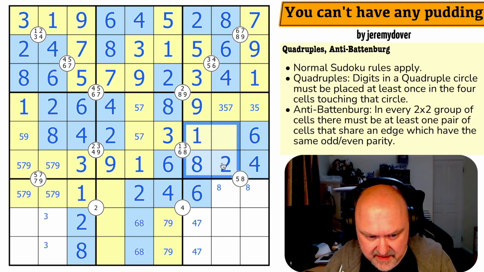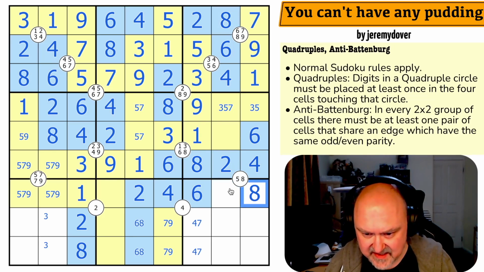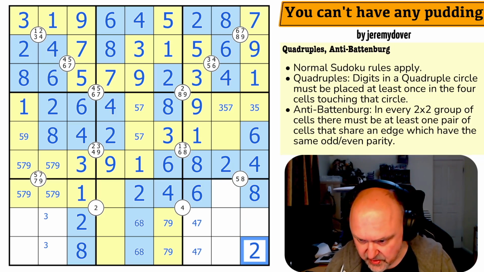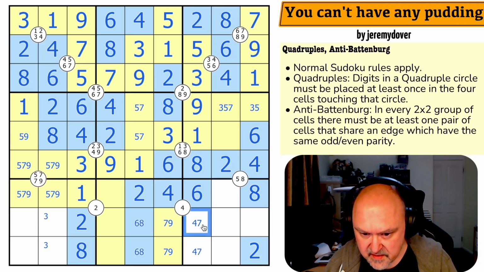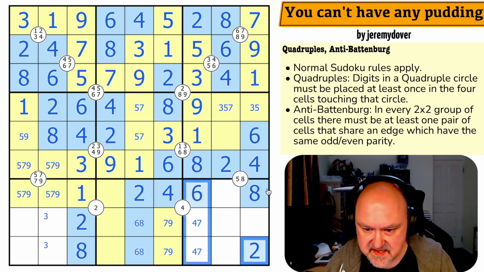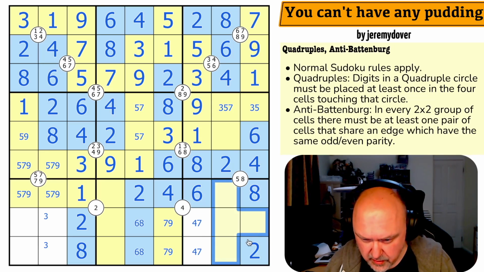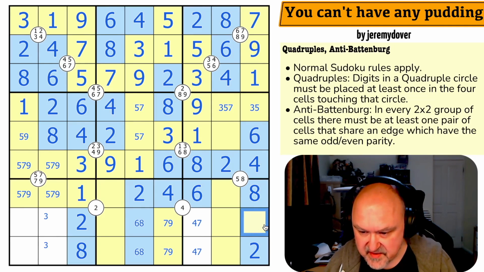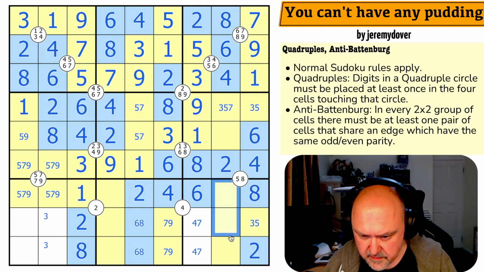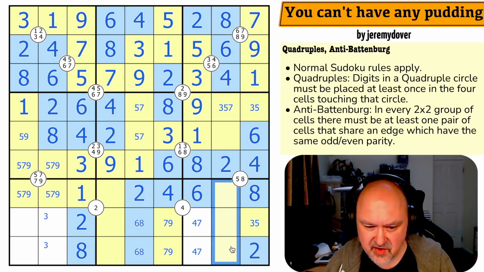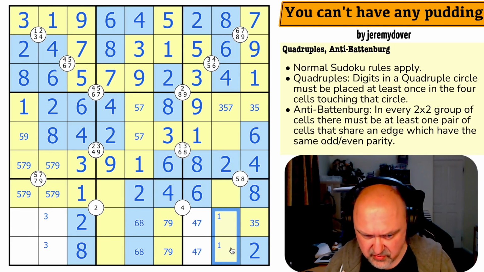I'm terrified there's a Battenburg somewhere I've missed. Oh, this 8 is looking down saying that's not the 8. That's the 8, which is even. There is a 2 in one of those two, and that 2 looks across saying it's not there. That's the 2. Even it. So the 2, 4, 6, 8, these are all odd. Not seeing a risk of a Battenburg there. This is 3 or 5. There must be a 1 and a 9 in there. So there's a 1 in one of those two.